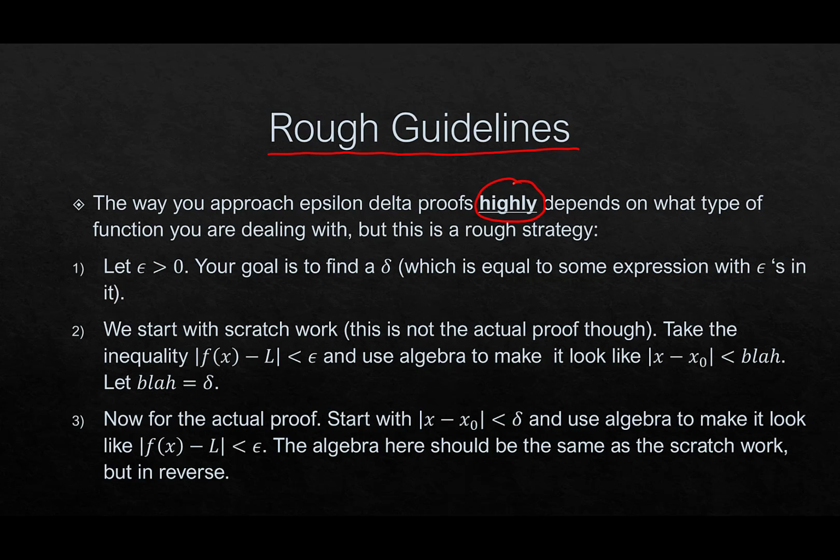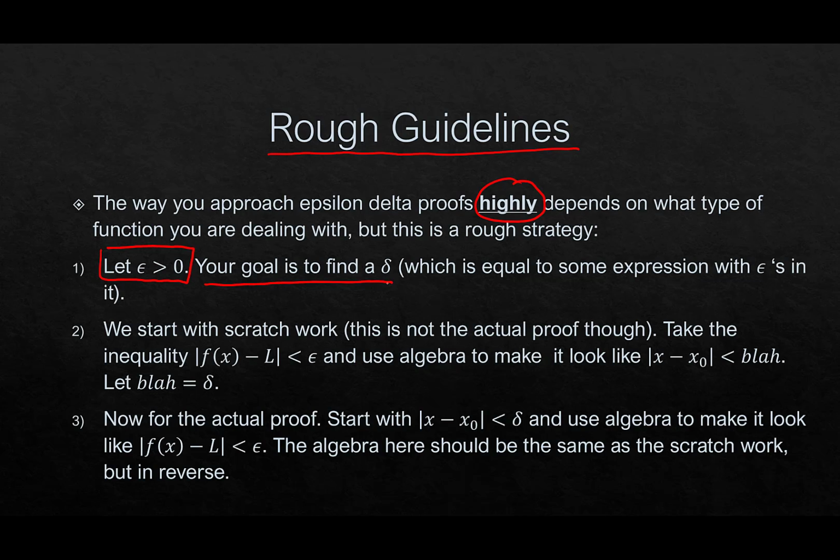If you're dealing with nice linear functions, then epsilon delta proofs usually aren't too terrible. But if you're dealing with quadratic functions, then they could get a little bit tricky, which we'll see an example of today. Now keep in mind, what's your goal? Okay, so you're letting epsilon be greater than 0, and then your goal is to construct a delta that sort of captures the distances that we want.